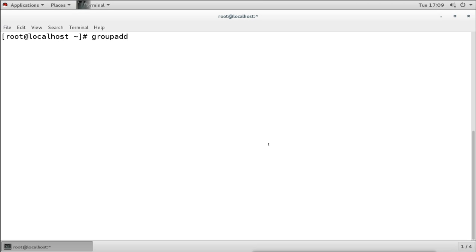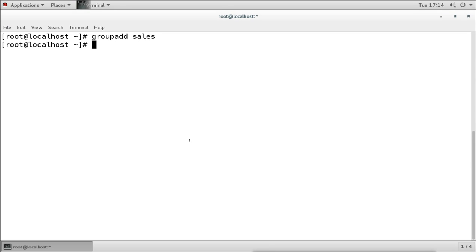Now this command we can use to create a group, and then we will mention the group name. This will create a group. This group is not a primary group of any user, and also till now it is not a secondary group for any user, because we have not added any user into it. Very simple. The groupadd command is to create a group, and then you mention the name of the group, whatever group you want to create.